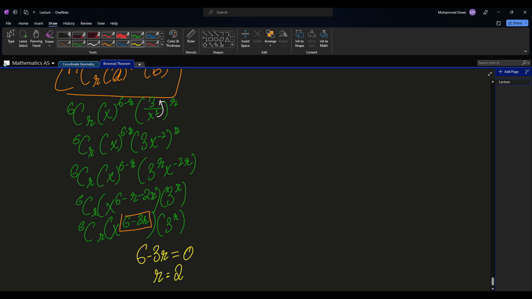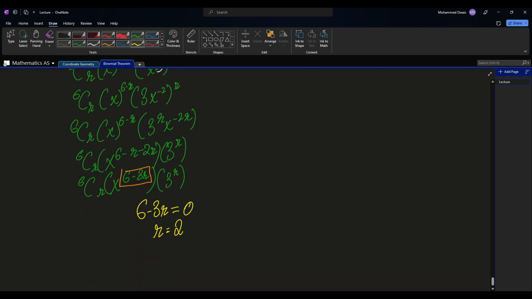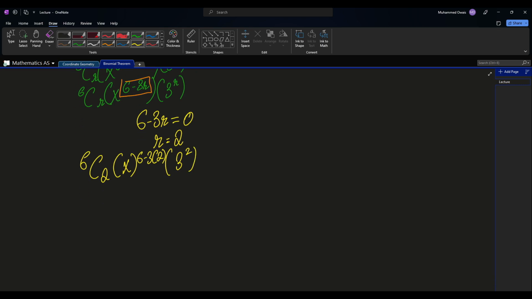R is 2. Now then, what we can do is replace this r in the equation we found. So 6C2 into x, 6 minus 3 into 2, into 3 power 2. Alright, and now 6C2 is 15, into x. This becomes 6 minus 3 into 2, which is 6 minus 6, which is 0, and 3 squared is 9. So then 15 into 9 is 135 into x power 0. X power 0 is 1, so 135 is our